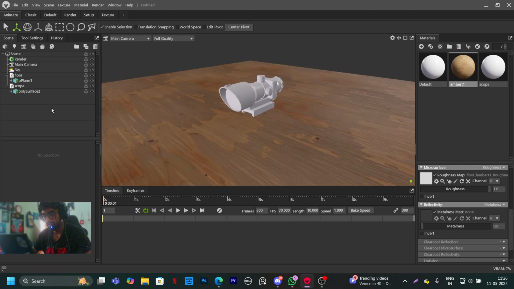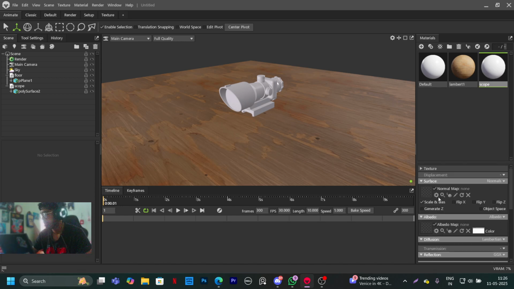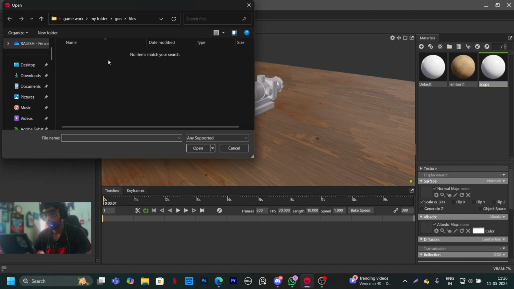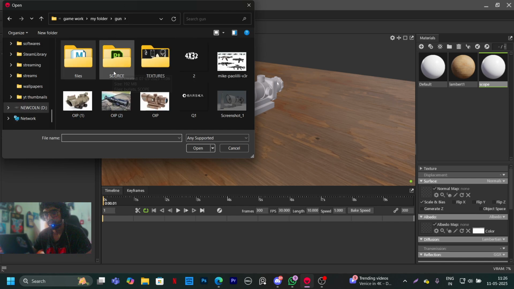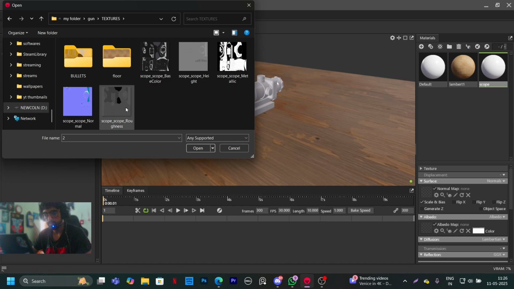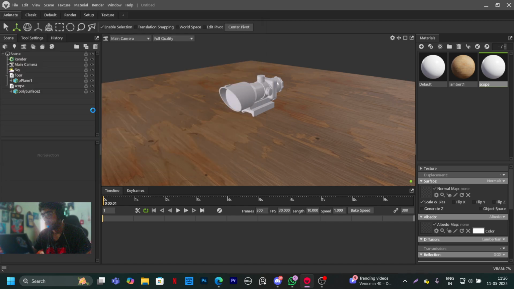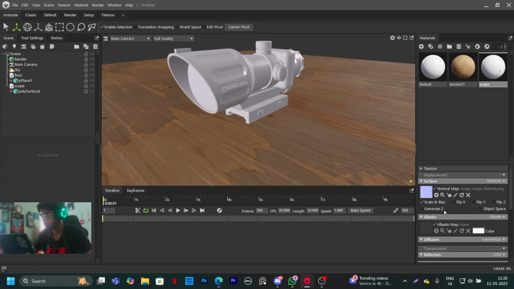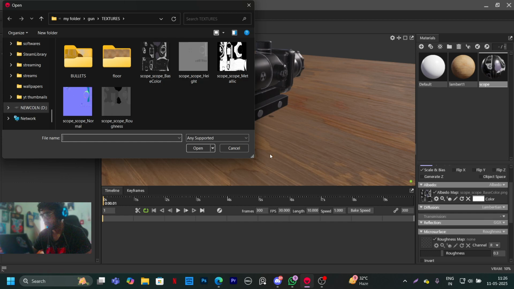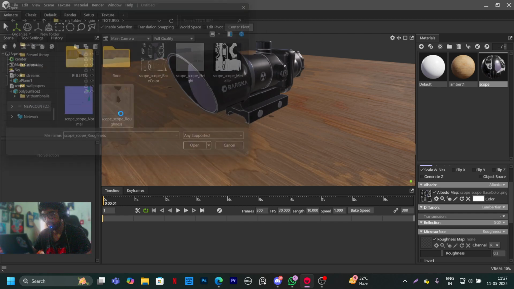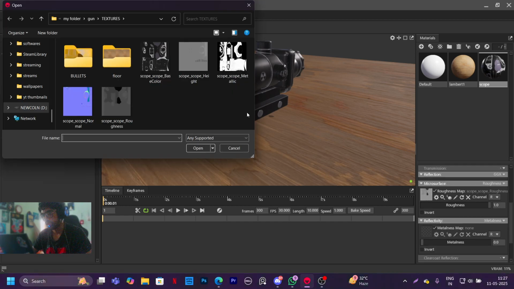And now same process, I'm gonna add textures. You can see I have named this material of the scope as scope. So I'm gonna click this. I'm gonna find these things and place all the textures now. Normal, albedo, roughness, metallic,